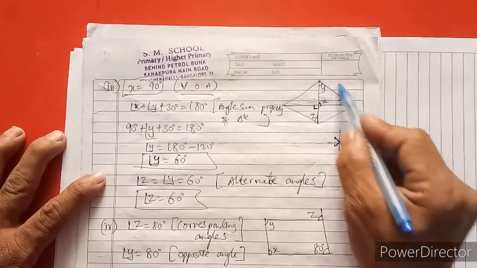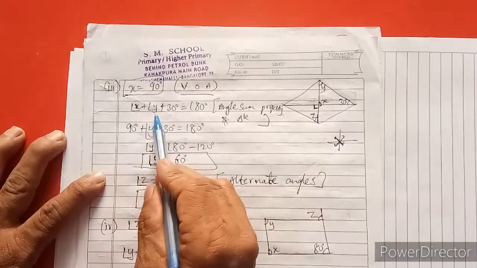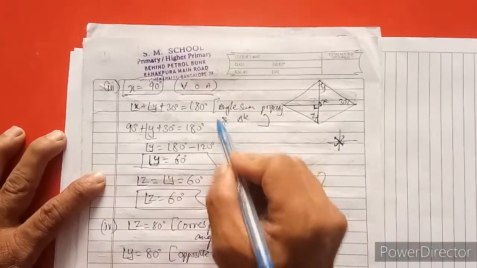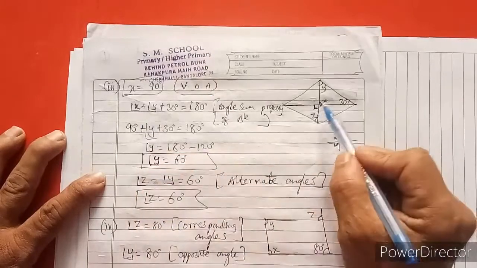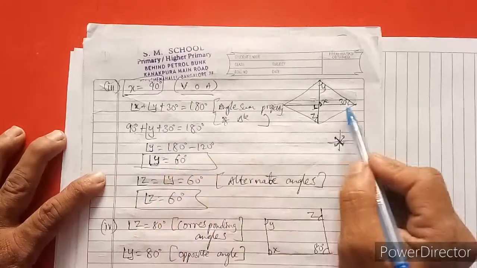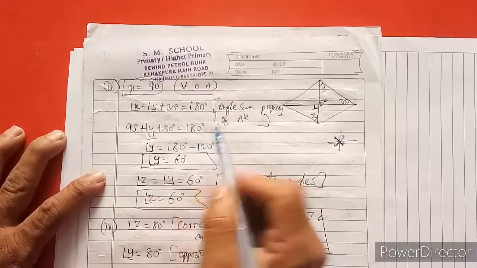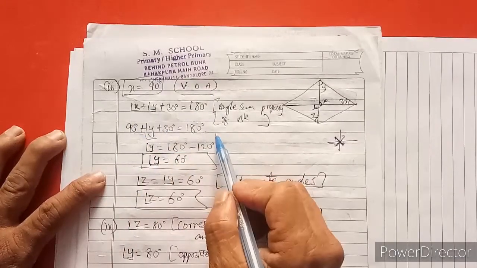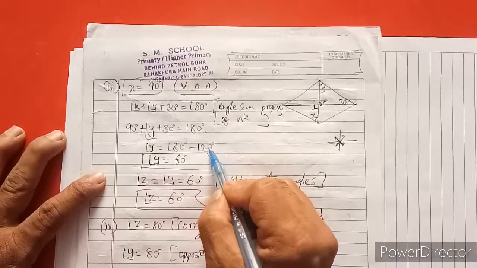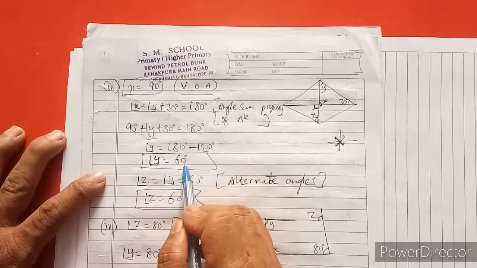Now inside the triangle we have to take. See this triangle, x, y and 30 degrees. Angle x plus angle y plus 30 degrees is equal to 180 degrees. Angle sum property of triangle we are using, right? Angle x is 90 degrees plus y we don't know, and 30 degrees is given in the triangle, and total sum by angle sum property is 180 degrees. Both add and transpose that side. Angle y is equal to 180 degrees minus 90 plus 30, 120 degrees. If you transpose this side, it becomes a minus sign, 180 minus 120, and angle y is equal to 60 degrees.